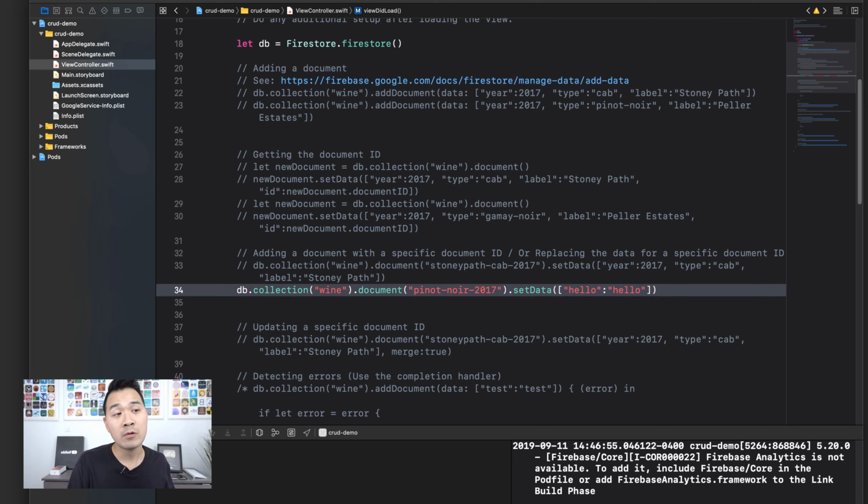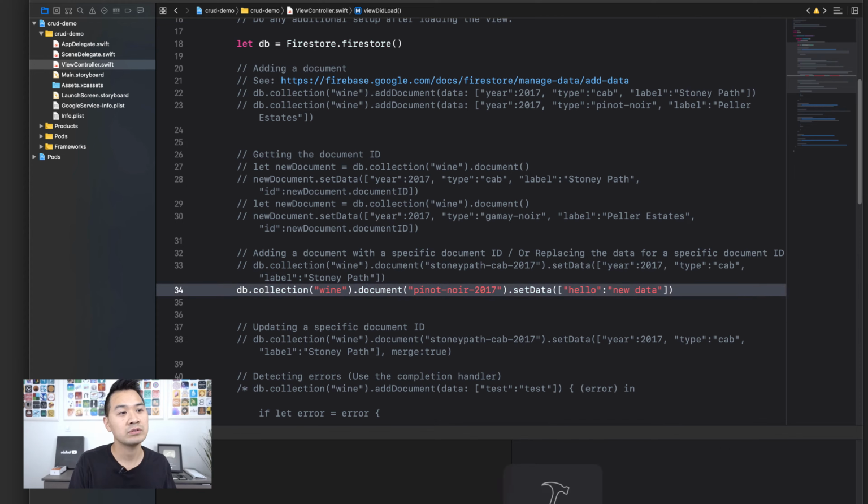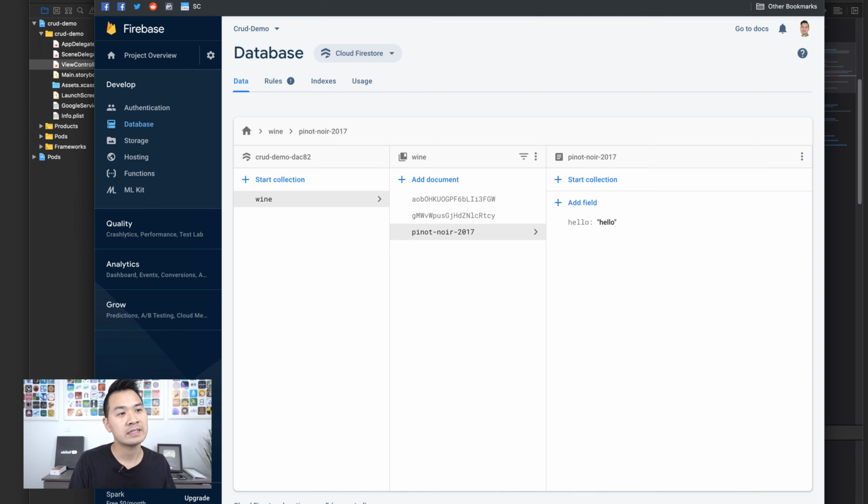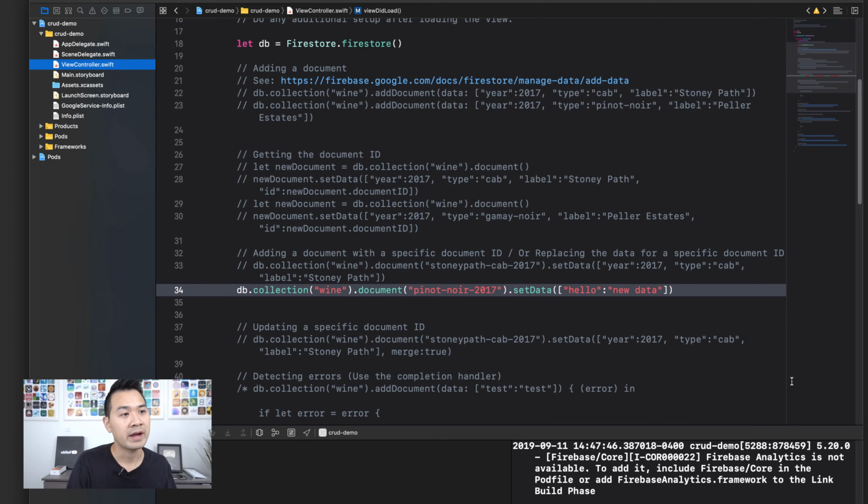Well, check this out. If I wanted to update the hello field or hello data, I would just specify that same key and then specify a different value. And what that's going to do is replace the existing value with my new data. So that's how you would update an existing field. If you wanted to add a new field, like a new key value pair, you could do that. You could say new key